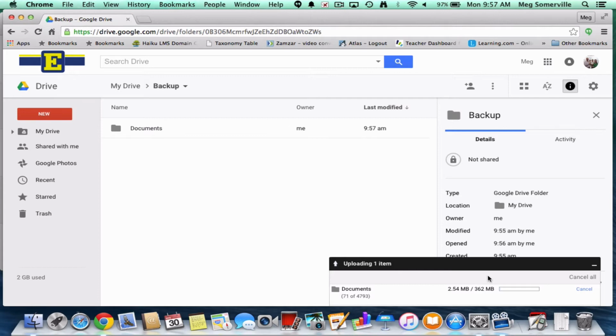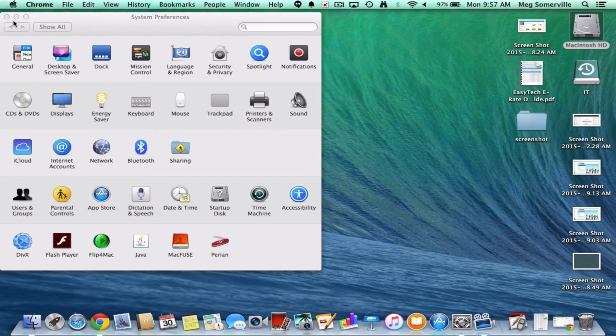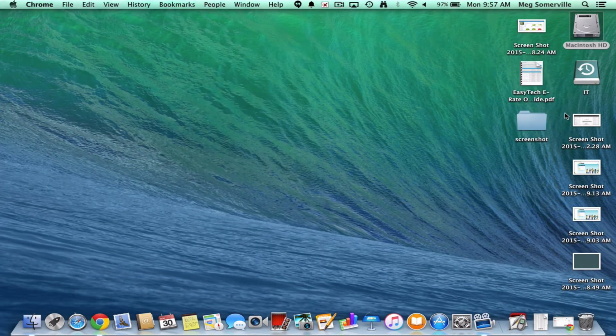But this process, if you have an enormous documents folder, is going to take a while. So I'm just going to go ahead and let this run, and we're going to go over how to back up your entire computer. So this would be everything if we were going to use an external hard drive. So I'm just going to minimize this, let that fly, close out that, and then we're going to talk about